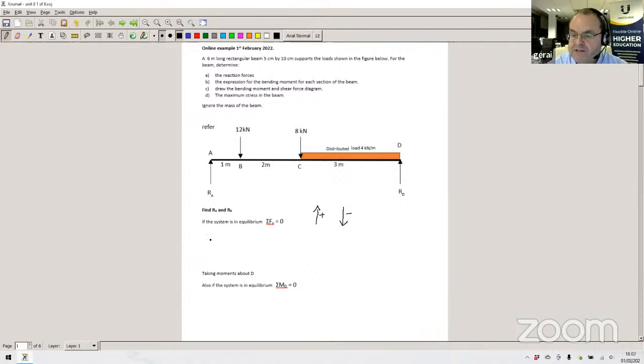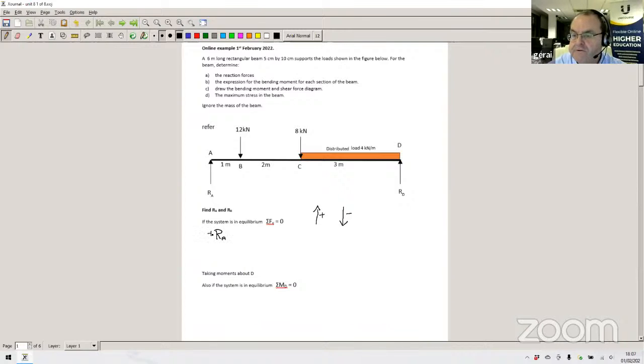So if we start doing the summation of all the forces in the upwards and downwards direction, first of all, we'll start from left to right. That's usually the usual way of doing these questions. It doesn't matter though, you can go either direction, as long as you don't change halfway through. So we'll start off with RA, that's positive. So we've got a reaction force RA,